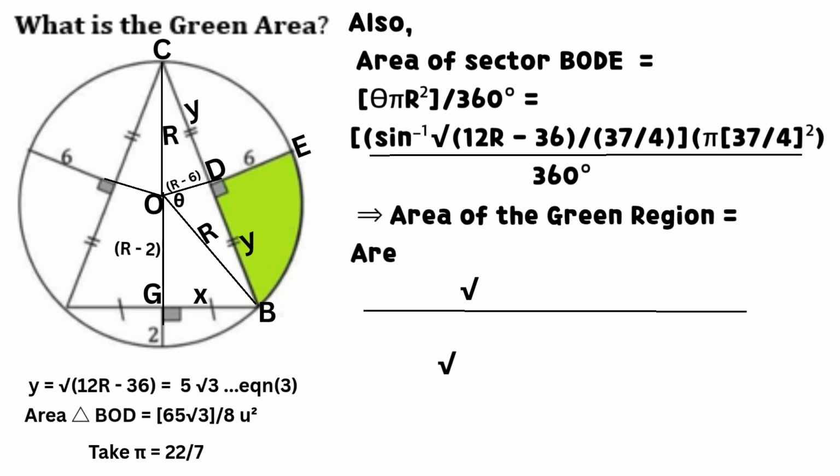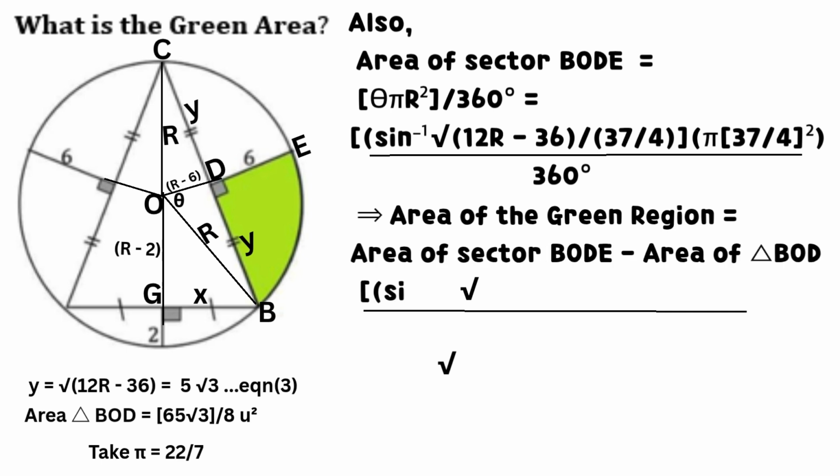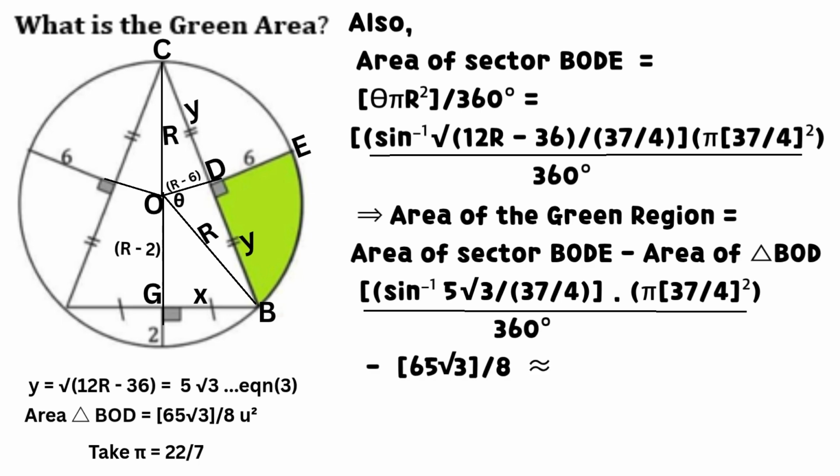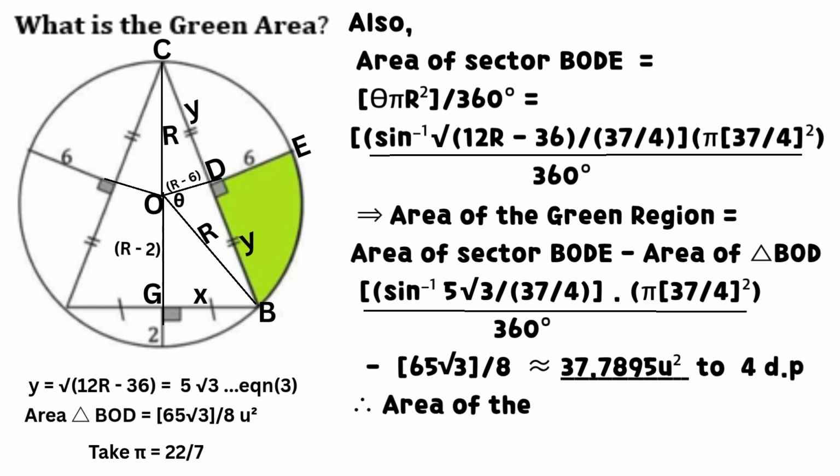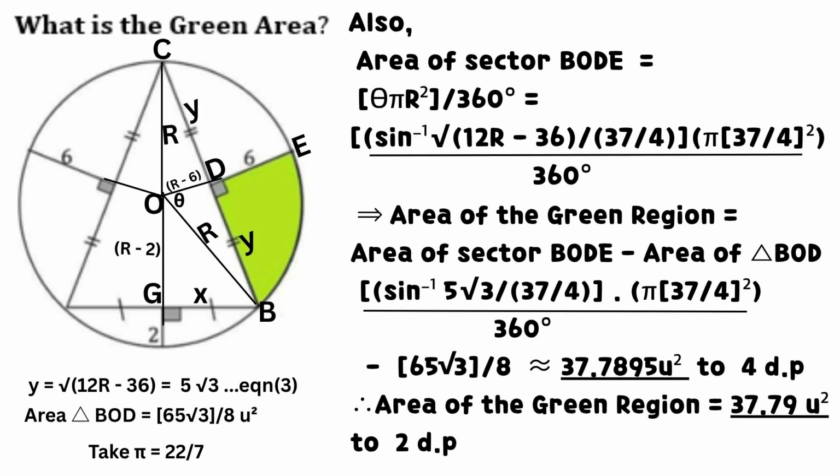This implies that the area of the green region equals the area of sector BODE minus area of triangle BOD, which equals the product of sine inverse of 5 times the square root of 3, all divided by 1/4 of 37 and pi times the square of 1/4 of 37, all divided by 360 degrees, minus the product of 65 times the square root of 3, all divided by 8. The result is approximately equal to